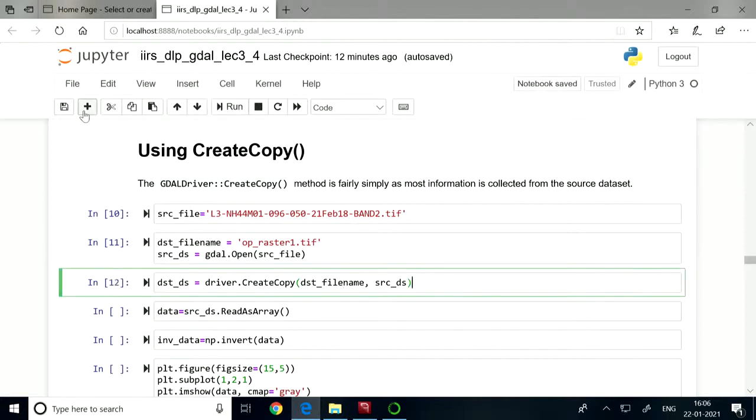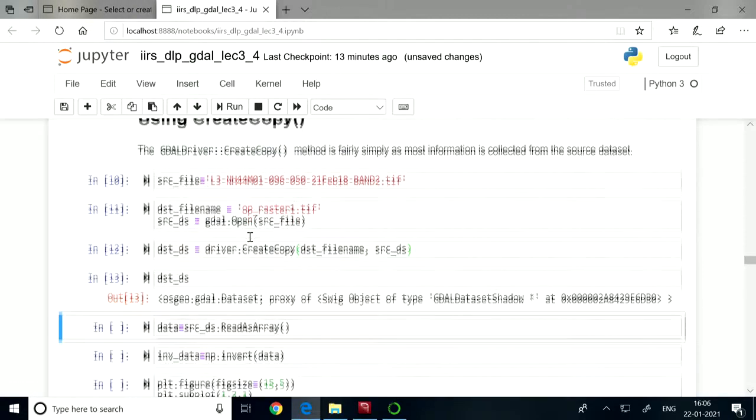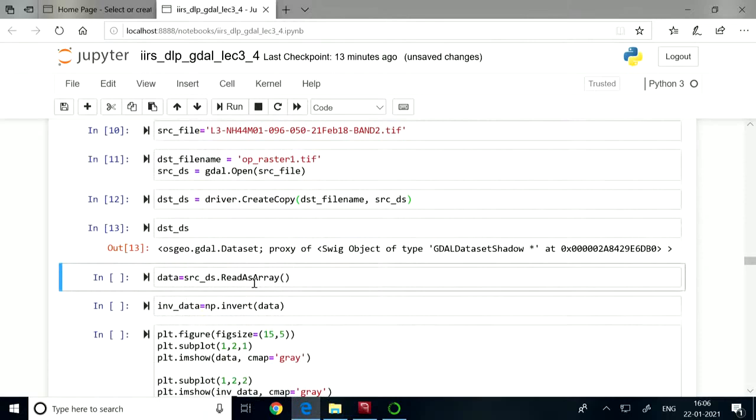So let us see if I print it. So if it has successfully created dst_ds, it says a data set got created. So now everything from this source file has been copied to the destination data set. Now like yesterday I said, suppose if you want to see the data, what is the data in our